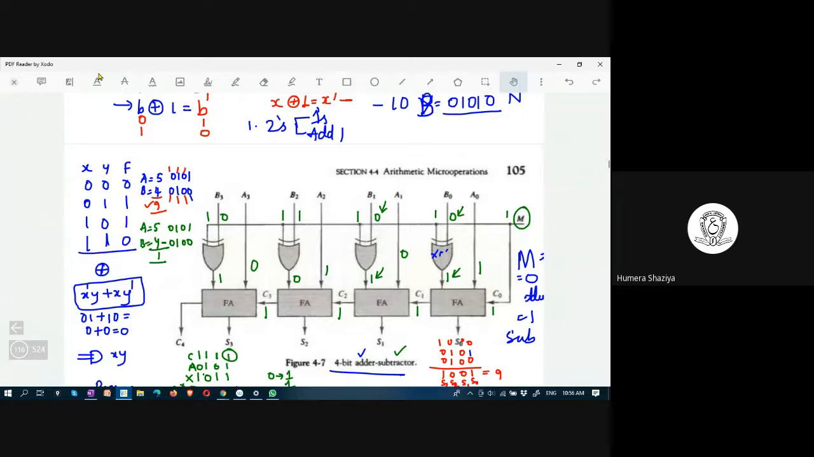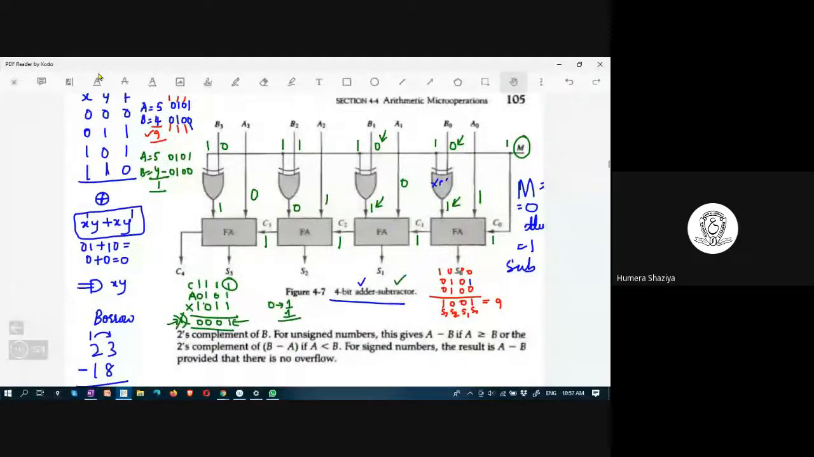given first to the XOR gate, and based on the mode, the output of the XOR determines whether to perform addition or subtraction by this full adder. Likewise, A is given